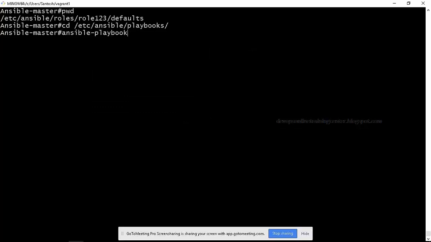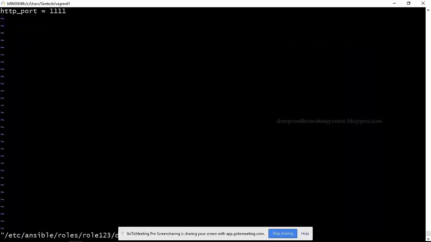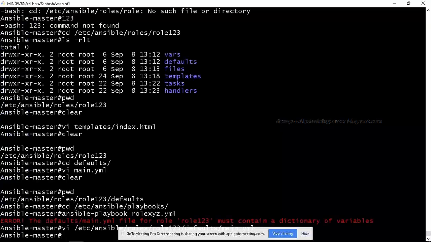So ansible-playbook and role xyz.yaml. What is that? Error: defaults main.yaml file for role123 must contain a dictionary of variables. Okay, /etc/ansible/roles/role123/defaults/main.yaml. Something is wrong with the declaration.